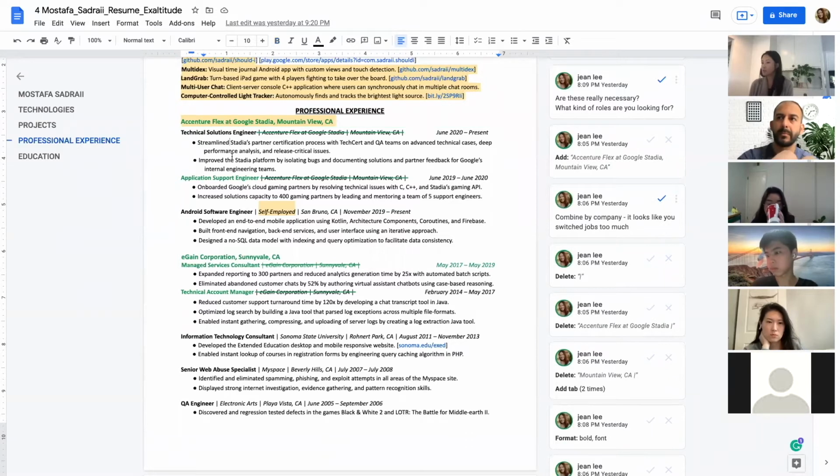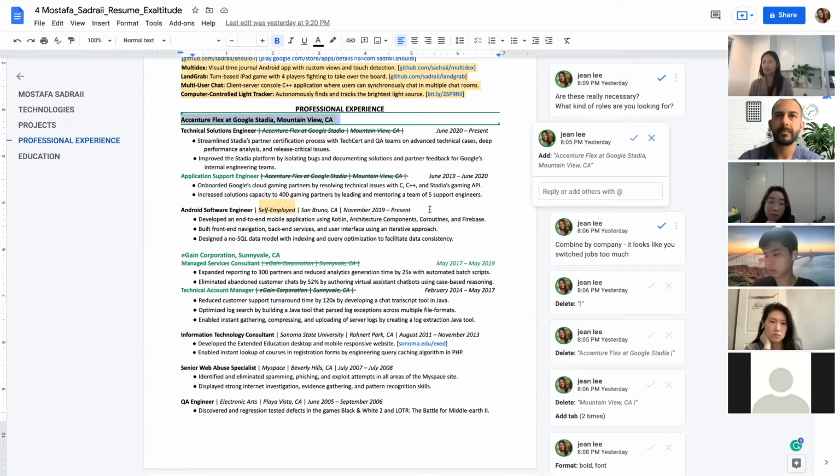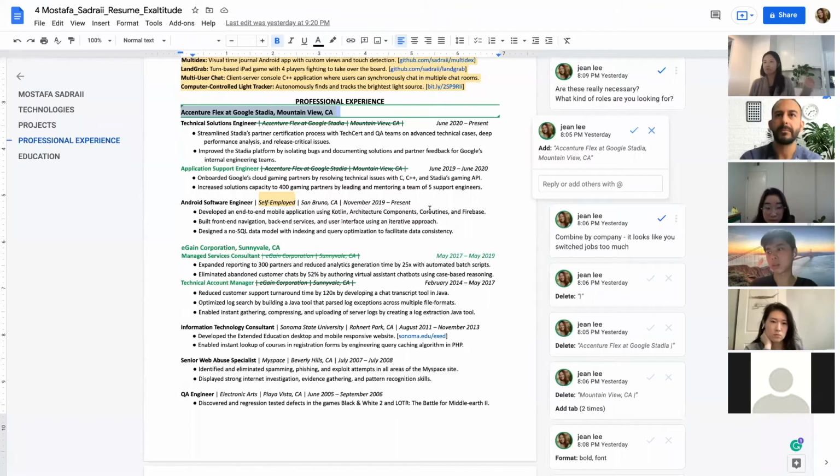I think we did this with Jenny's resume too. So if you worked at one place for multiple positions, you want to highlight that because otherwise, initially when I saw this resume, I thought, oh, this guy's been working for a while, but he's changed jobs like every year. I don't want to work with that guy because he's going to ditch my company and go somewhere else in a year. But if you show you got promoted and you had career progress, that's a great thing. You stayed with one company through multiple positions. You want to highlight that.